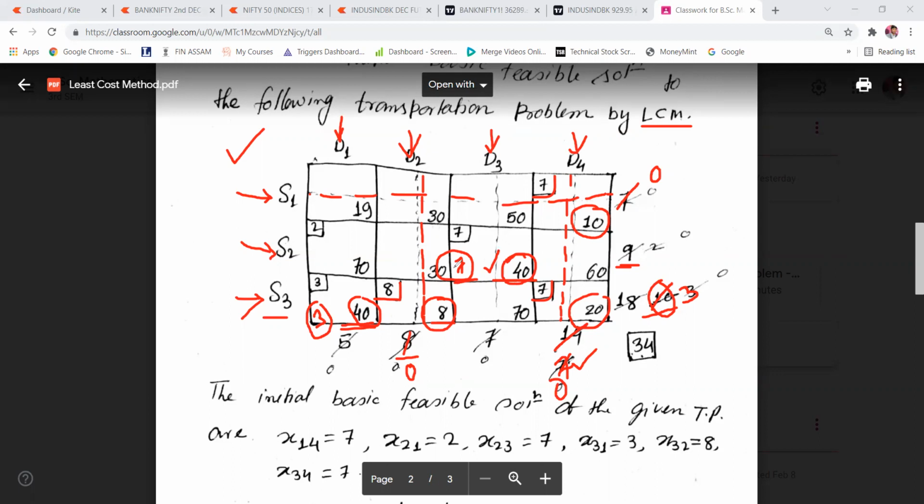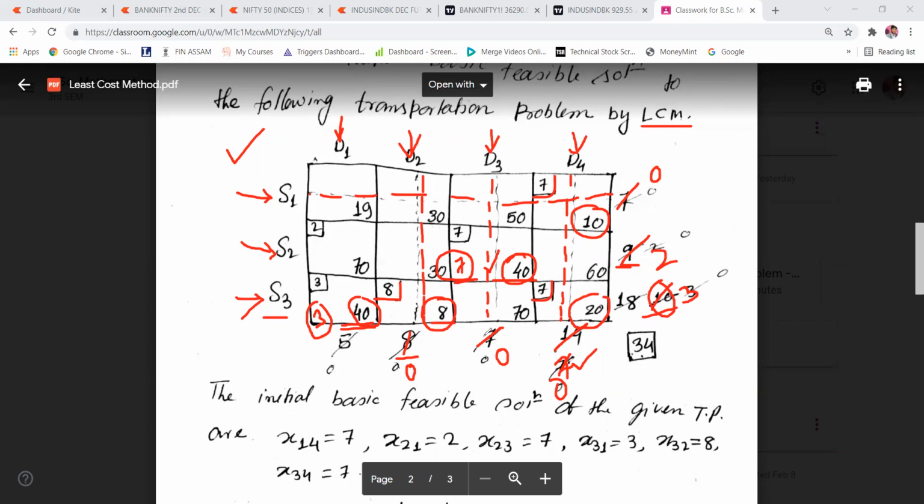So 7 units you can allocate here. Demand is exhausted, and 2 units are left here. Since demand is exhausted, you can strike out this column.